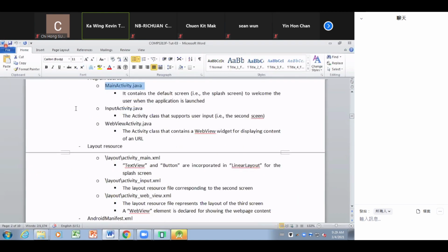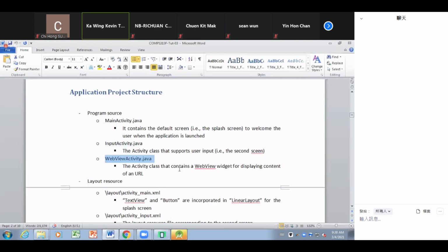And then the second one is named as input activity.java. Okay, just provide a name that matches with its purpose. Of course, you can define or provide another name, for your own decision. Simply reasonable is enough. Okay, and then the third one is the web view activity. It is just composed of a web view component for displaying the content of a specific website. Okay, that is the 3 Java programs that we have to include in the